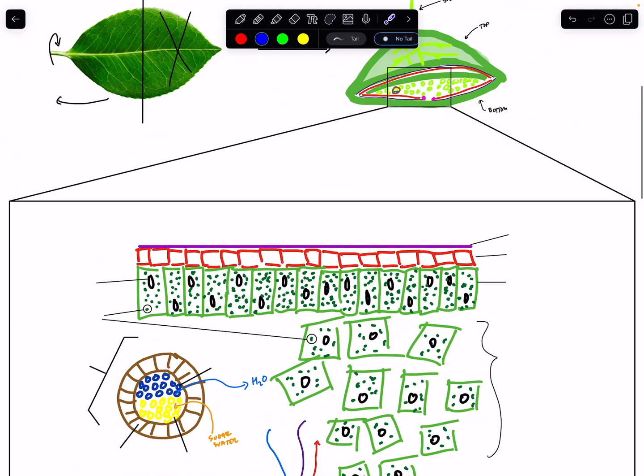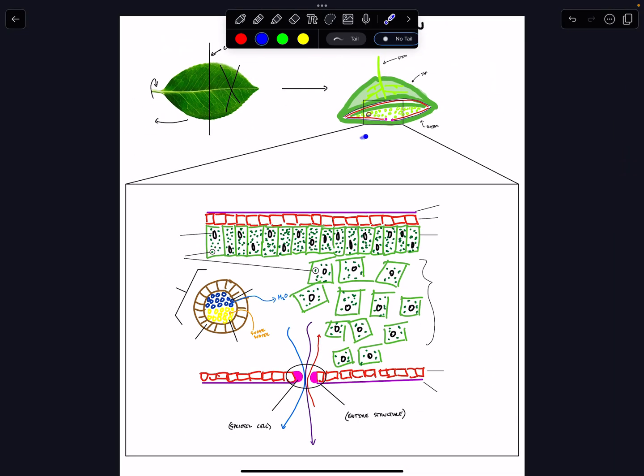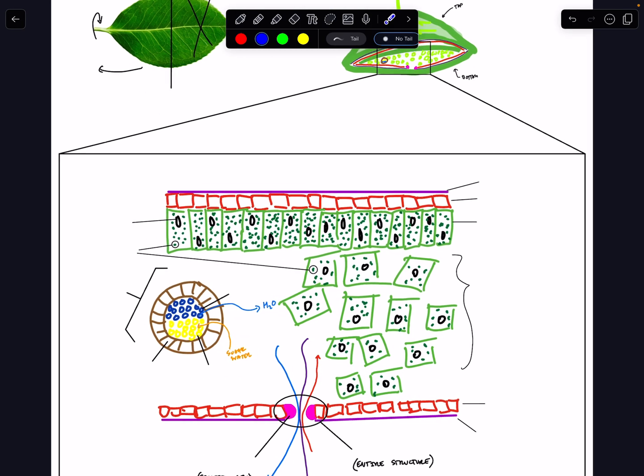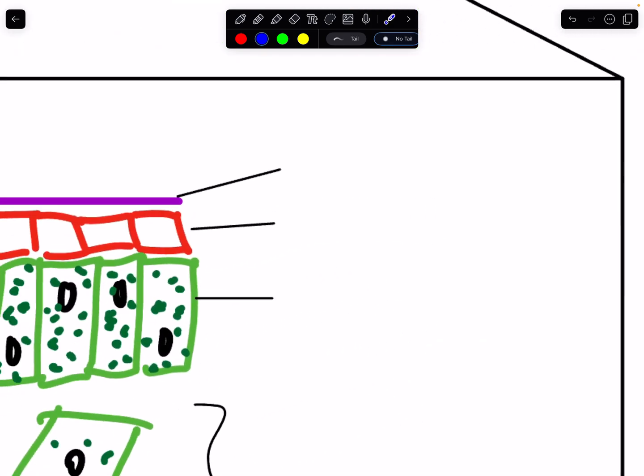Okay, so this box right here is a zoom in on all of the different layers that are inside of this leaf. So this is our leaf cross-section right here that we're going to label, and then we're going to be looking at this today or in class on Friday. Okay, so to start off,